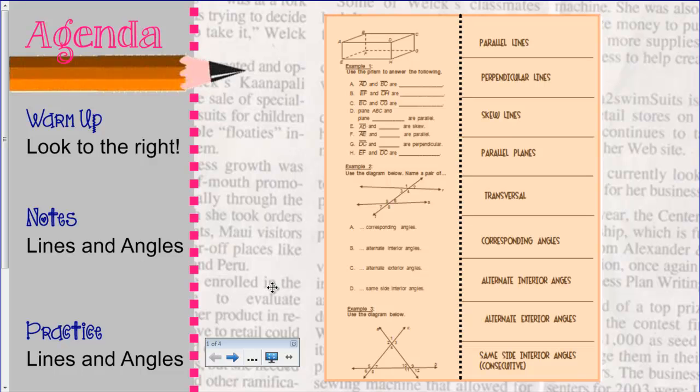Welcome guys to the beginning of Unit 3. Today is all about lines and angles and a bunch of vocabulary that is just going to be front loaded so that as we enter this unit you are as prepared as possible. Now the cool thing about today is that you've seen a lot of these words before. We're going to talk about parallel, perpendicular, and then we're going to talk about some things you haven't seen before